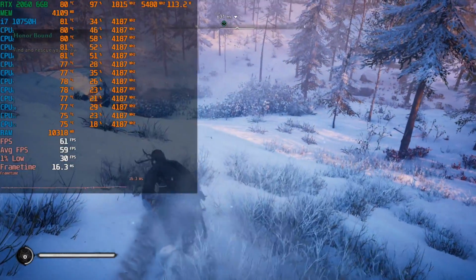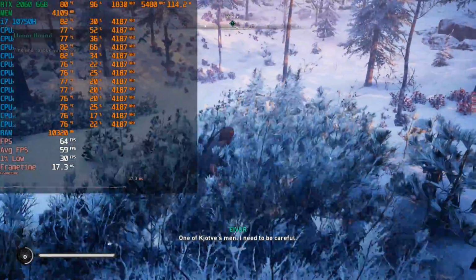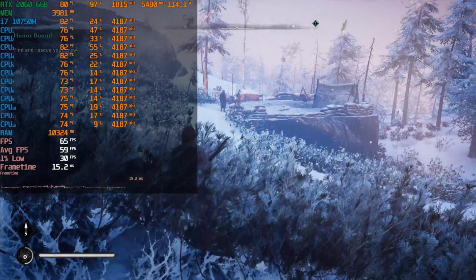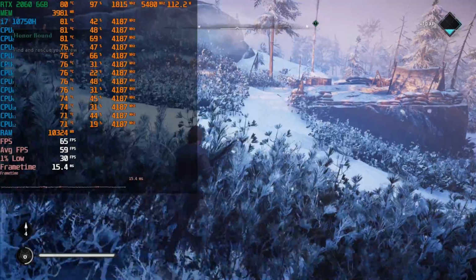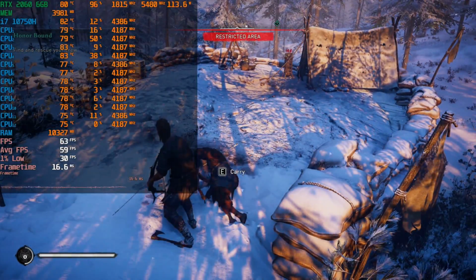Hey there guys, today we're taking a look at Assassin's Creed Valhalla running on the NVIDIA RTX 2060 6GB laptop. This is a 115 watt version, paired with the i7-10750H. Now the system has 32 gigabytes of RAM, so RAM is not going to be a limitation throughout all of this. Currently the game is running at 1080p at high settings with adaptive resolution on, or I guess the